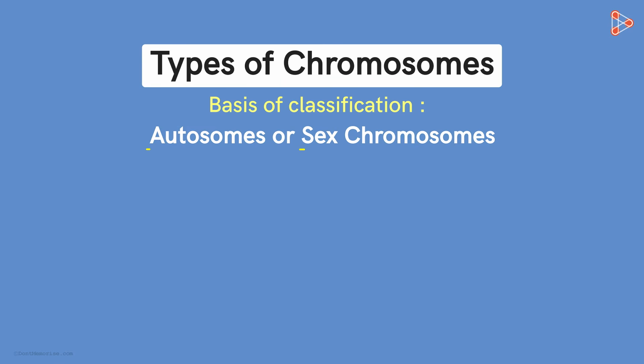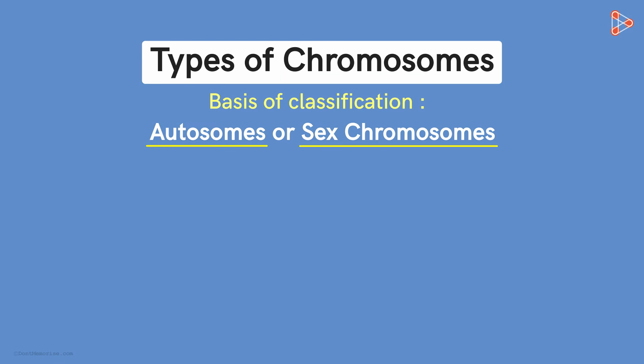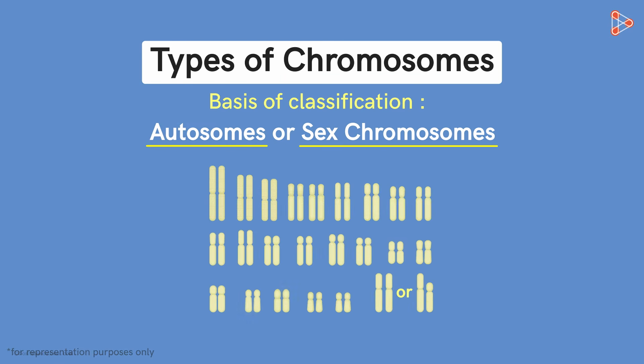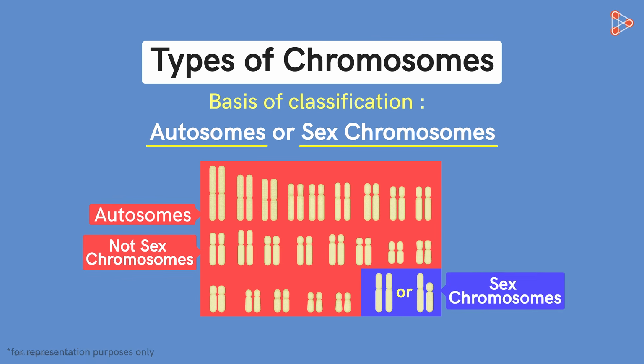Now what could these be? This is a representative image of a typical human karyotype. The chromosomes that pair from 1 to 22nd are called autosomes. That is, they are not the sex chromosomes. To be precise, they have got no function to deal with the sex of the individual. The last pair, however, determines the sex of the person. So if the two are identical, that is, both are X and X, then the individual is a female.